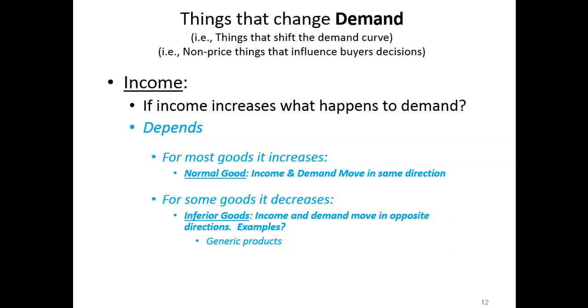Most people don't buy generic cornflakes because they think they taste better. They buy them because they're cheaper. And if they all of a sudden won the lottery, they'd probably buy the name brand. Often the case, right? The classic example in almost every economics textbook that most college students can relate to,